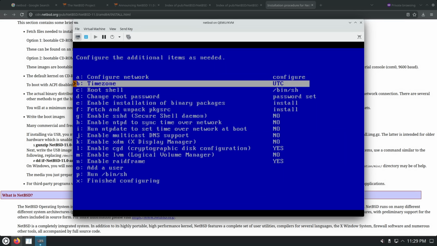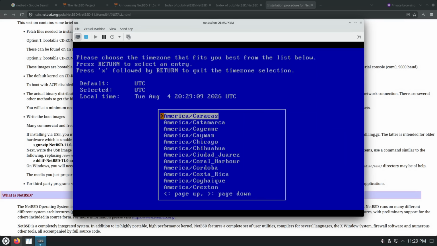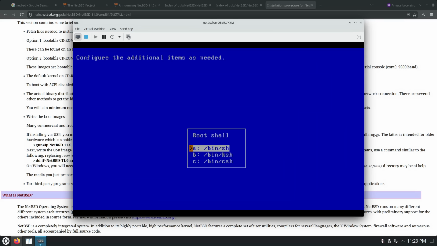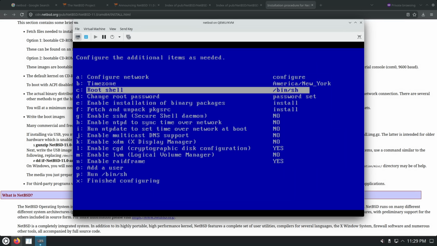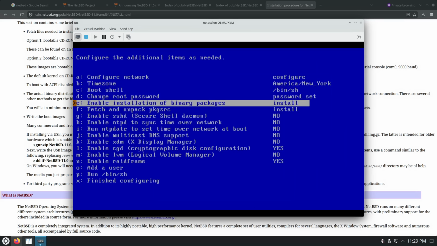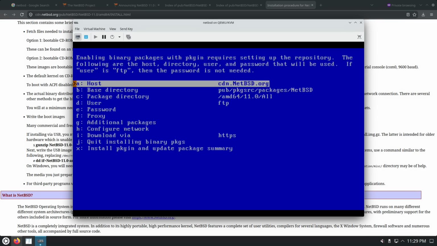Write to /etc. Time zone, America, page down a number of times until you get to letter N, New York. Exit, root shell for the user root, sh, correct. I have set the password of the user root. Binary package and package manager, yes,